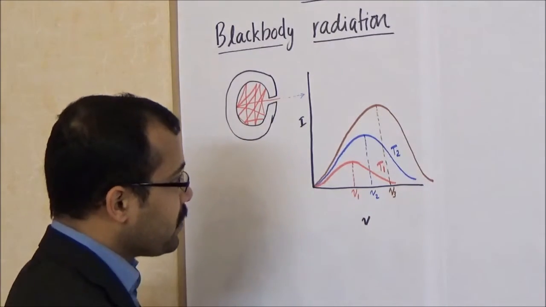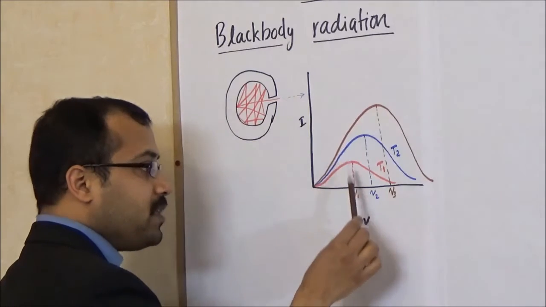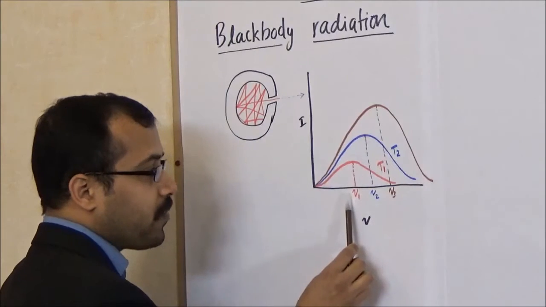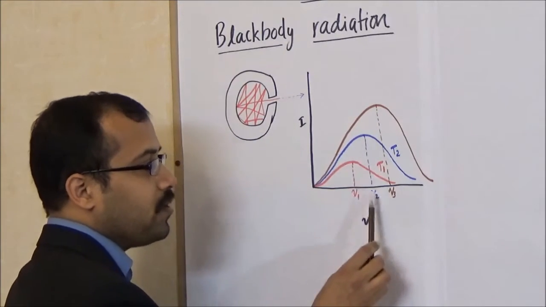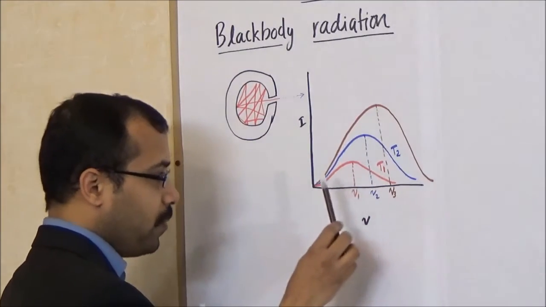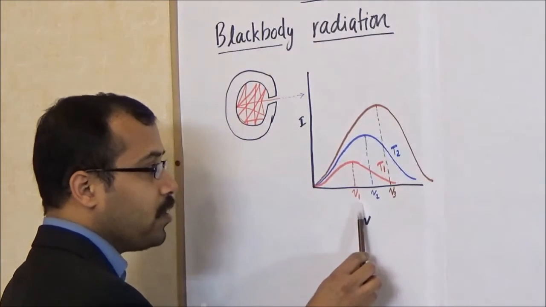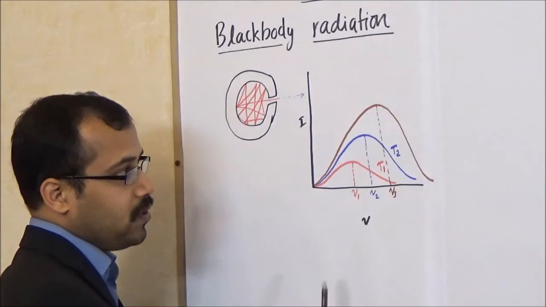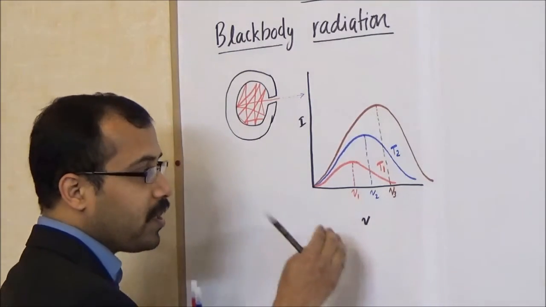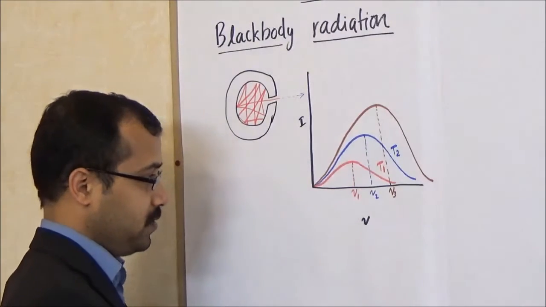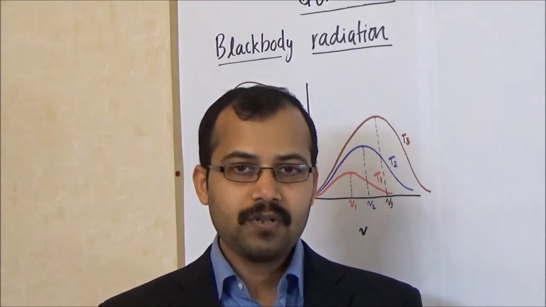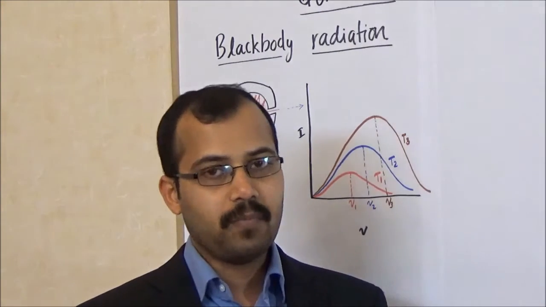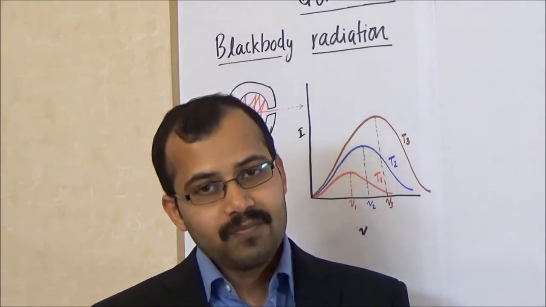And we can see that as the temperature is increased, the intensity maxima are shifting from a low frequency region to a higher frequency region, from low frequency nu1 through nu2 to a high frequency region nu3. So this is the plot of the blackbody radiation at different temperatures. Scientists of the 19th century were all trying to derive an expression for the experimental blackbody curves, but all of them were unsuccessful.